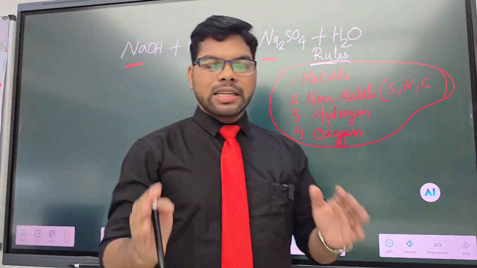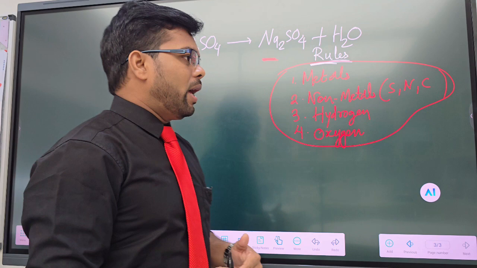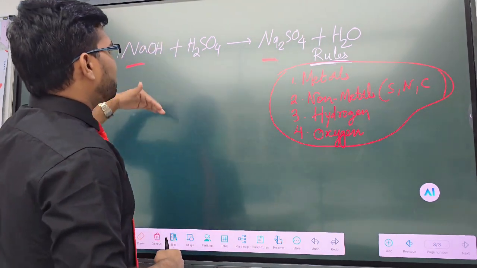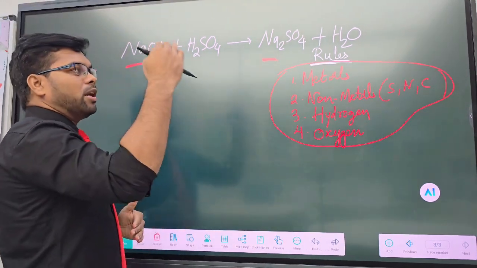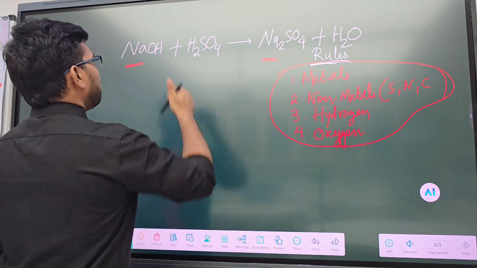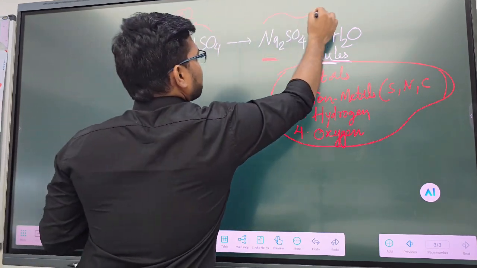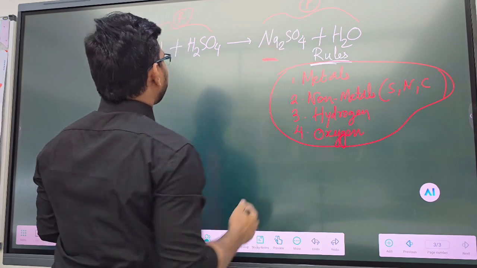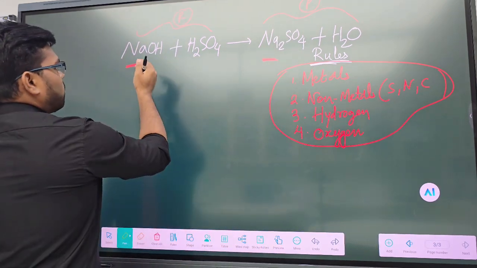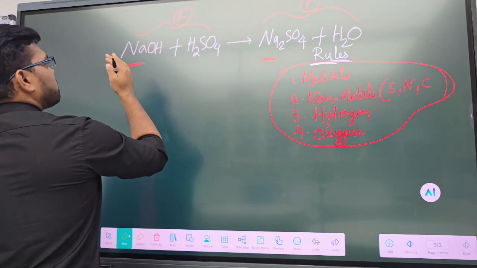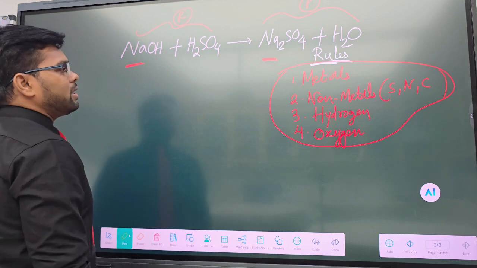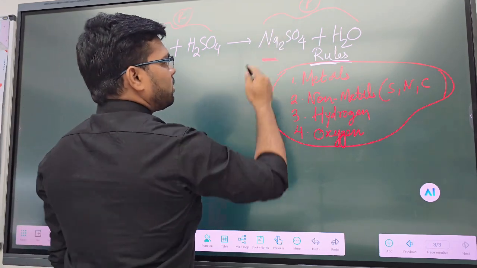The condition for being balanced is that the number of atoms on the reactant side equals the number of atoms on the product side. This is your reactant side and this is your product side. The number of sodium atoms is one on the reactant side, but two on the product side,